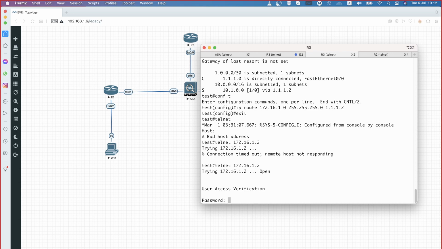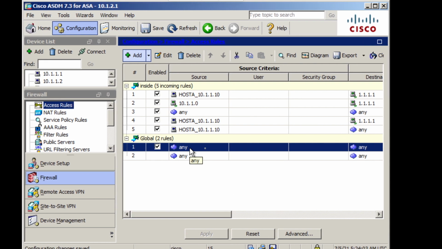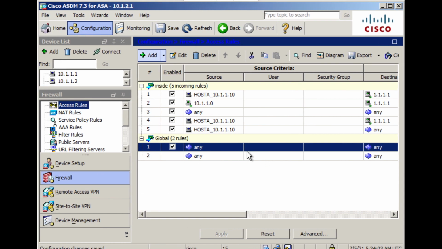My point is now, there are no rules associated from DMZ to outside. Because of that, the telnet is still going on, because we have a global rule which is permitting telnet access.